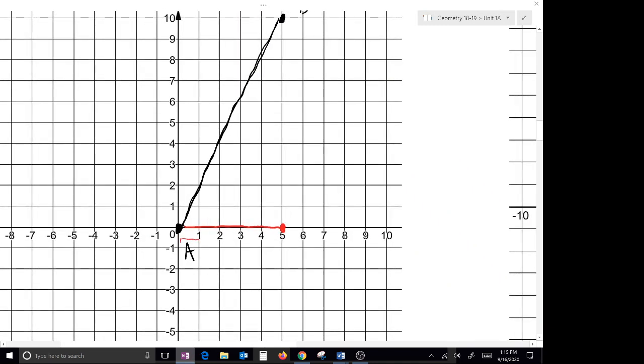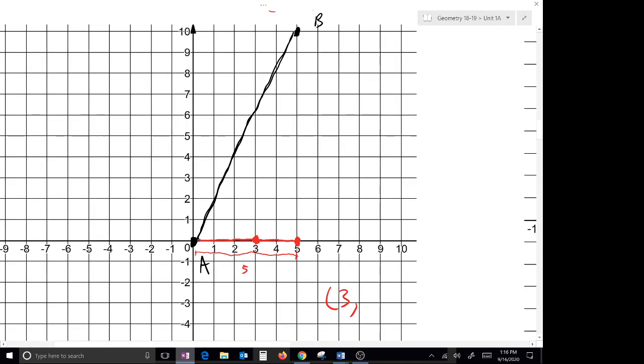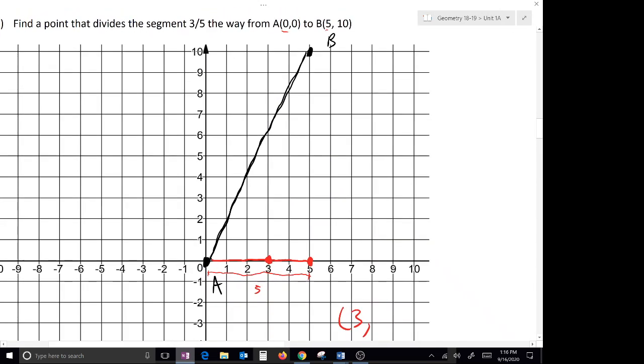Well, that's pretty easy. We have a total length of 5. That means that our units are actually divided, our segments are actually divided into fifths already. So going from A to B, 3/5 of the way would be right here. 3. And that's actually the x-coordinate of our answer. So we're actually halfway done. And we're going to do the same thing with